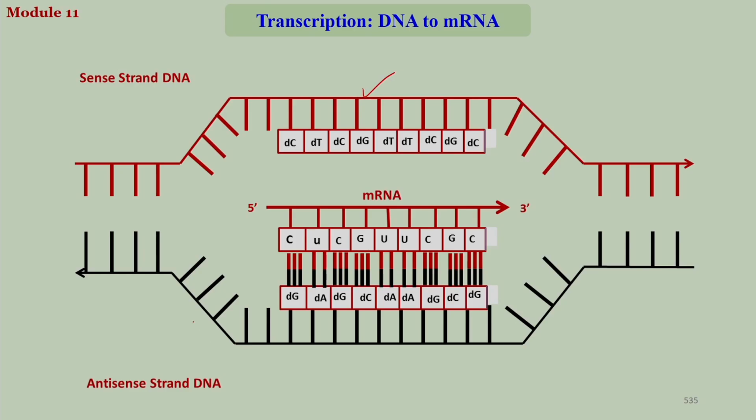The best way is that the cell uses the antisense strand as the template, and synthesizes the complementary mRNA sequence from DNA to RNA. This mRNA sequence contains the exact sequential copy of the parent DNA, and this comes out of the nucleus. So, that was the process of transcription,